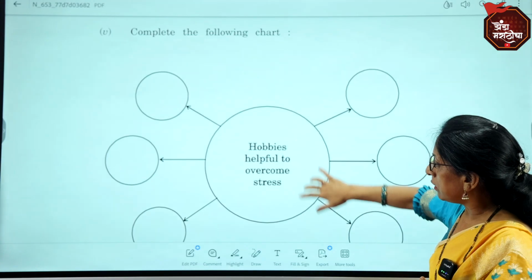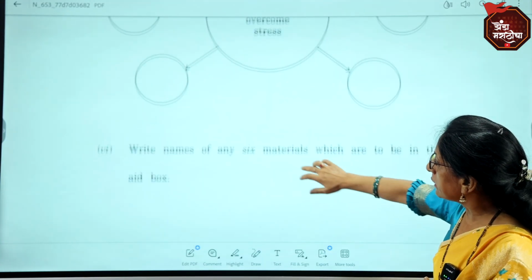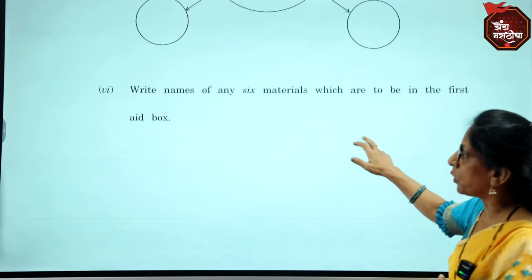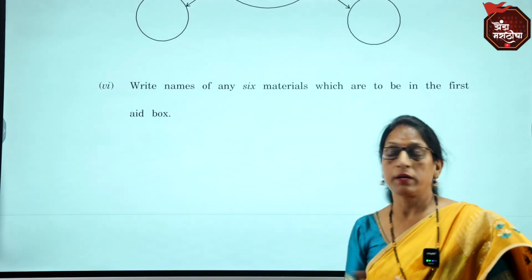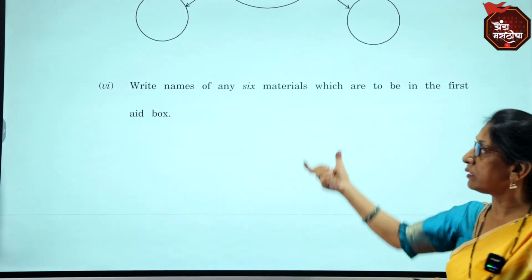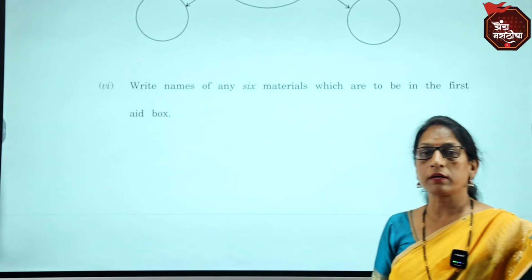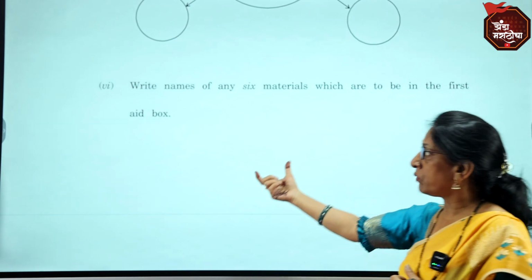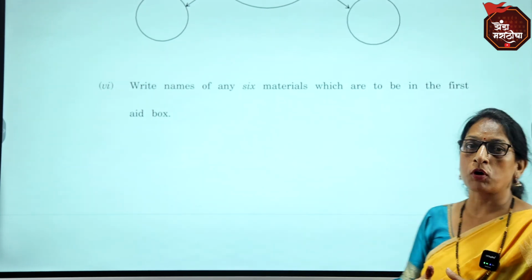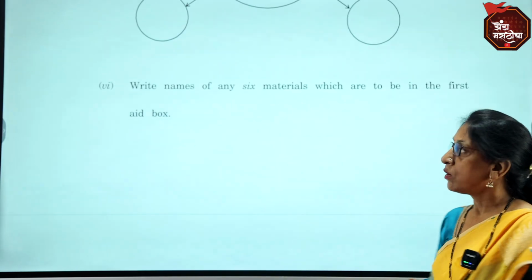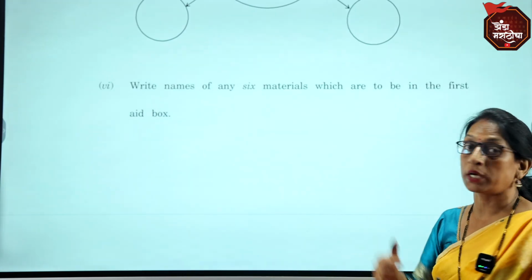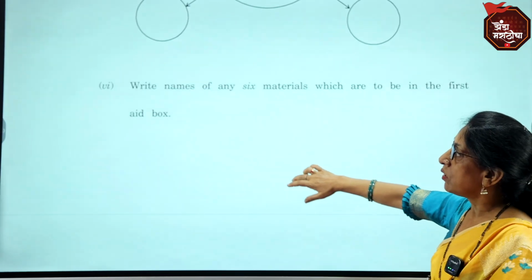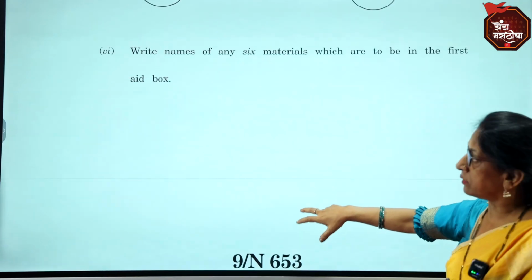when you are attempting the question, you can explain in these questions, like write the names of any 6 materials which are to be in the first aid box. In this case again you should be precise, because you have to write this answer in points. Point 1, what you put in when you are writing the answer, what is there in your first aid box, how you arrange your first aid box, what should be there, why it is used, and when it is used. You must write at the end of the answer why this is used and where it is required, for these types of questions.